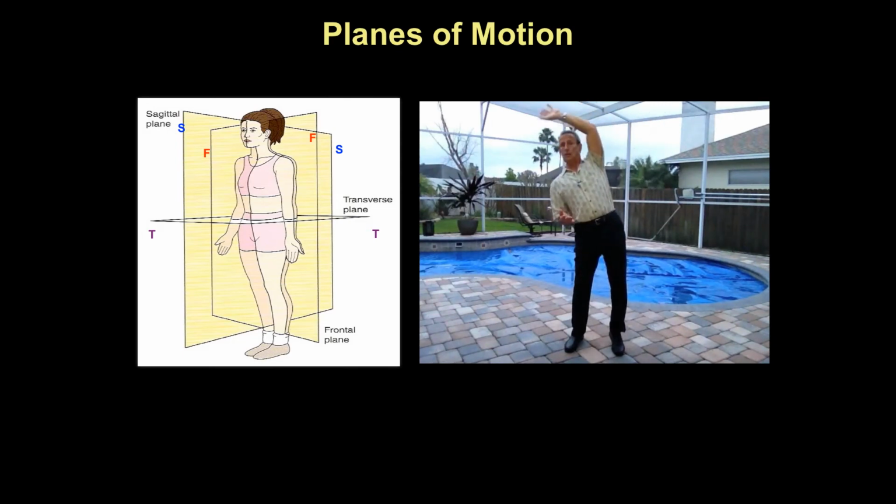Because this is still part of the movement spectrum in the frontal plane. And in the transverse plane, most people will go one way or the other, but very seldom do both to cover both ends of the movement spectrum in the transverse plane. So my recommendation is, as we look at these movements, think of using the entire movement spectrum, all ends, sagittal